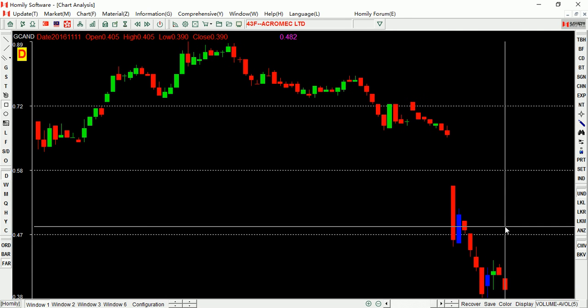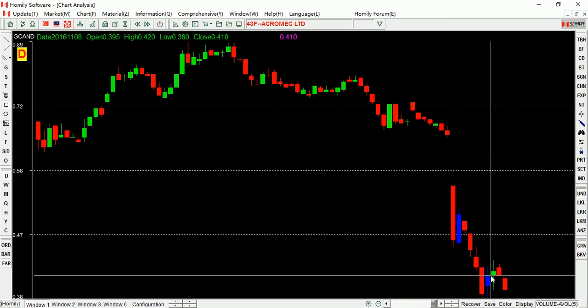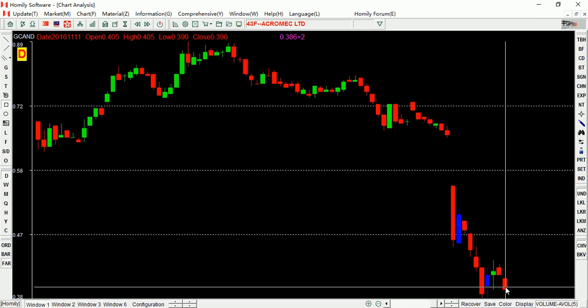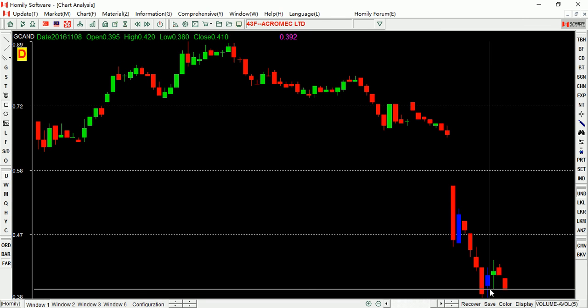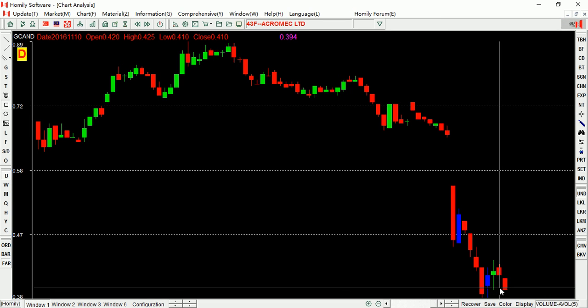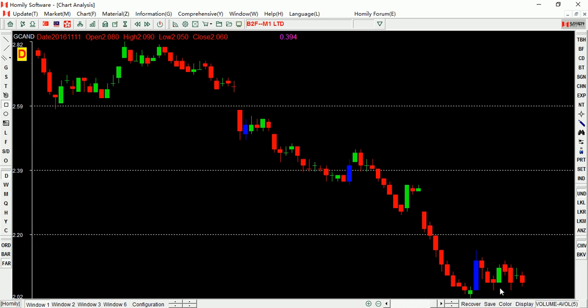You buy here, but you should know, you should set a stop loss point. Where is the stop loss? If you see the candlestick fall below the blue candlestick, you should sell, you should stop loss. But for now, you still can keep it and wait and see, right? So let's see this one, M1.